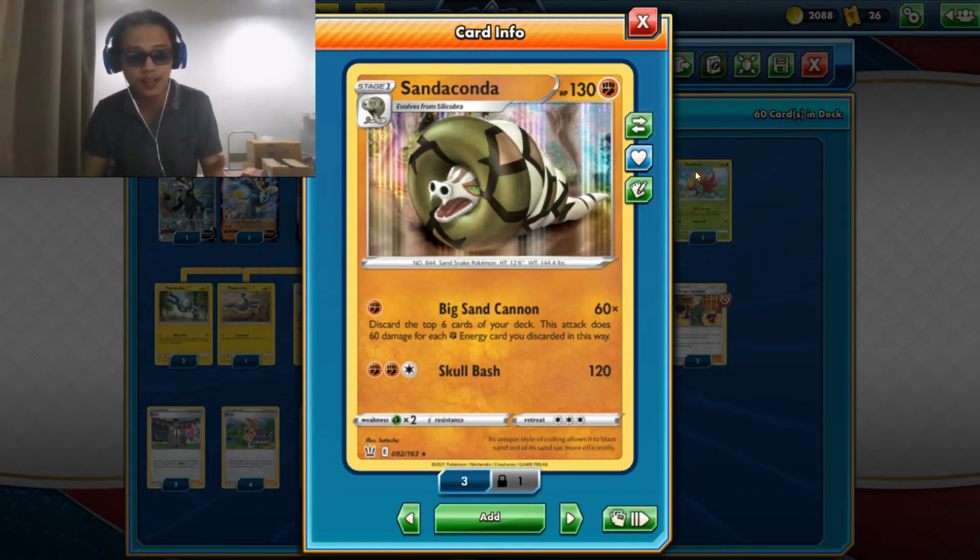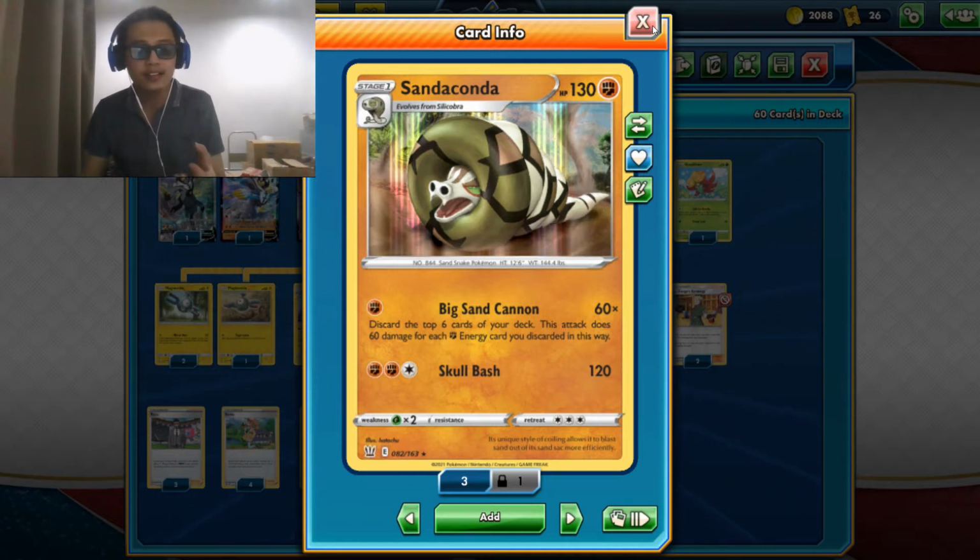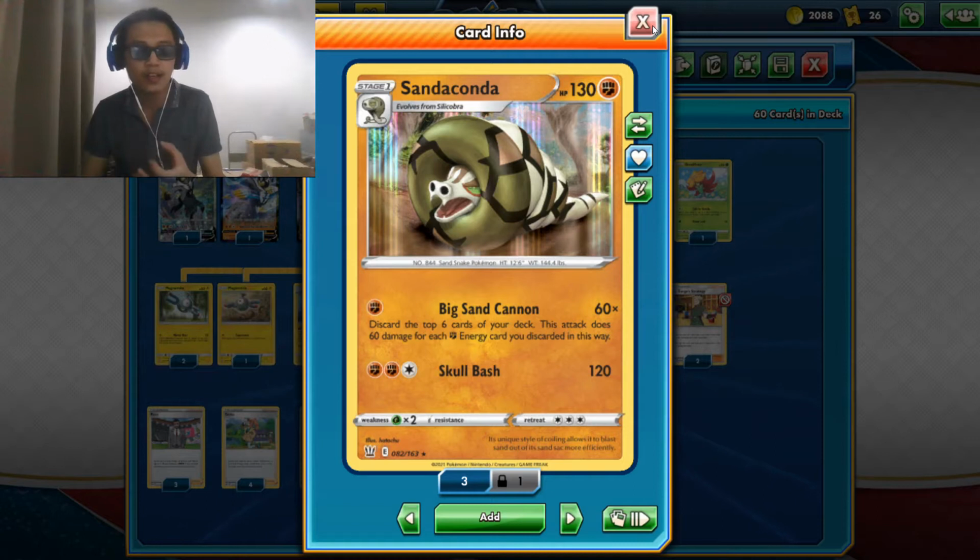Fire decks are crazy. So are Vikavolt, leaf type. They can charge their Pokemon very fast. So by our second turn, we need to be doing a lot of damage with Big Sand Cannon. That is why I don't want to have those